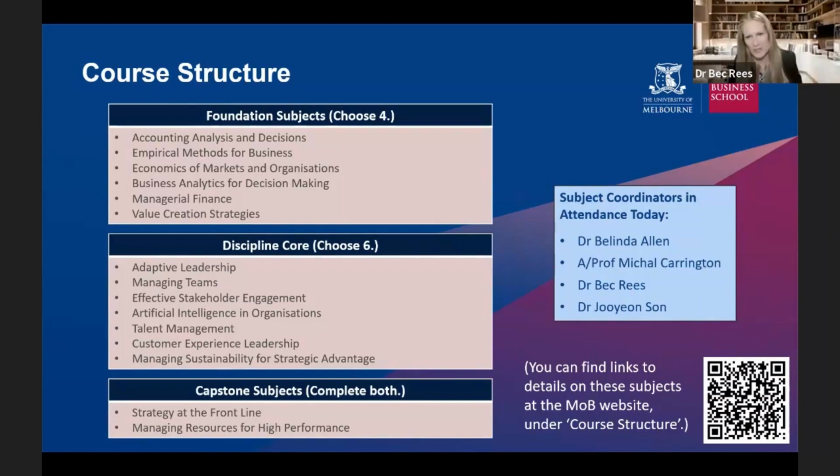So I know we've only got 2 minutes, but I'll try and keep it as short as I can, because these are really cool subjects. I take 2 of them. One of them is effective stakeholder engagement, and then the other one is strategy on the front line. So the first one, which is effective stakeholder engagement, it's kind of looking more towards the psychology behind the scenes of how do we really engage effectively with people in the workplace, both internal and external stakeholders.